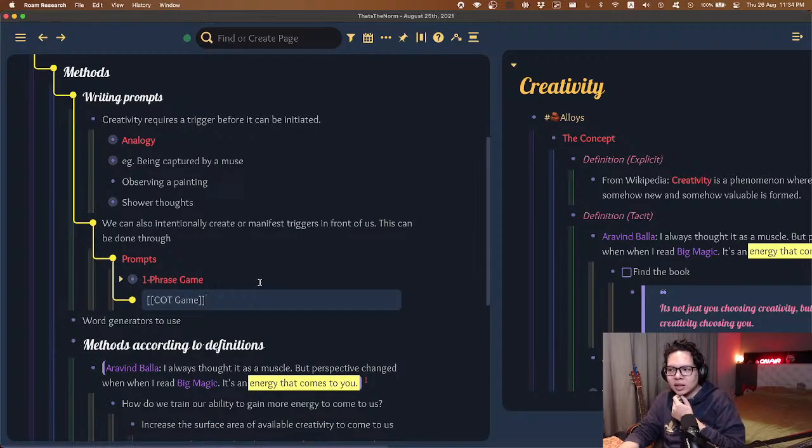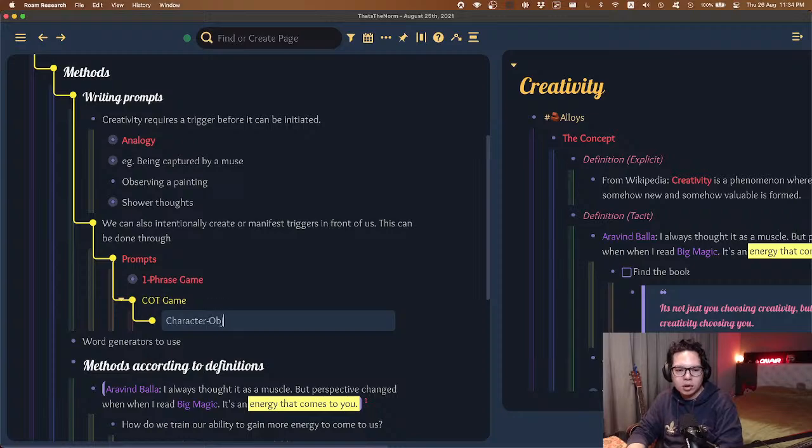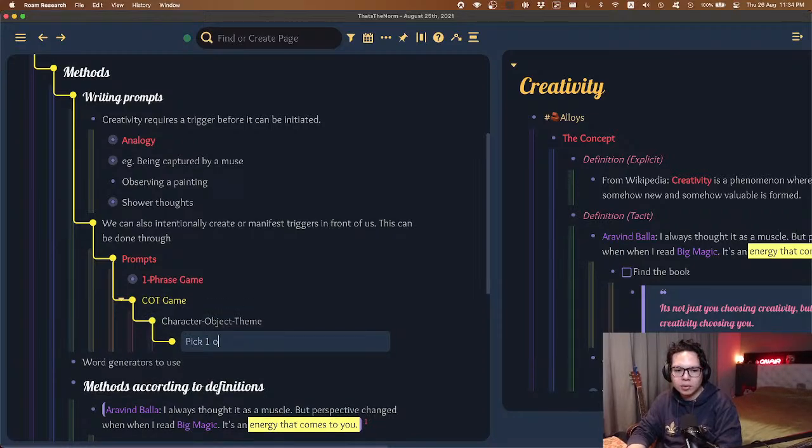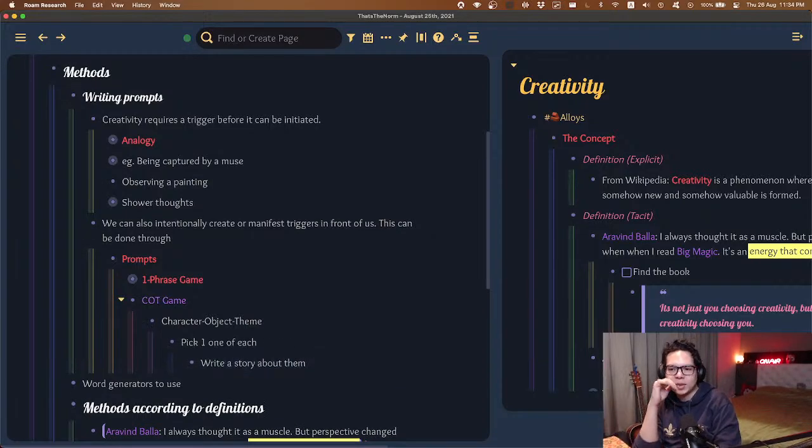The COT game is something a little bit more fictional, a little bit more imaginary, where we have character, object, theme. You pick one of each and write a story about them. This is a game that I use to train my short story writing skills, because I do this for a show that I do called Temper Fables. You pick or invent one character, one object, and one theme, and you write a story surrounding those. This forces you to be extremely creative to create something that makes sense. Because in order for short story narratives to be complete, they need to make sense from beginning to end. So as an example, it could be like